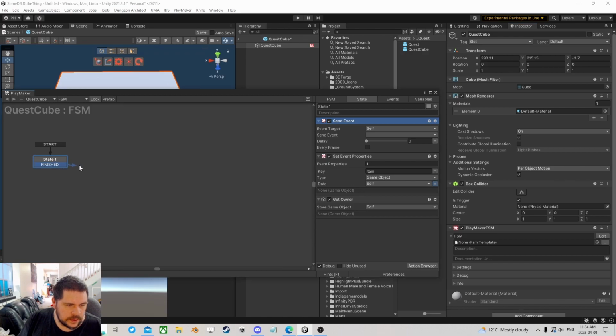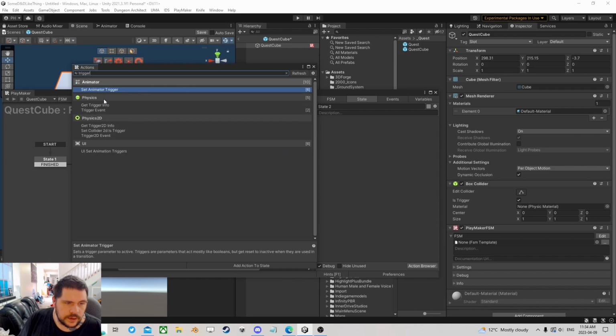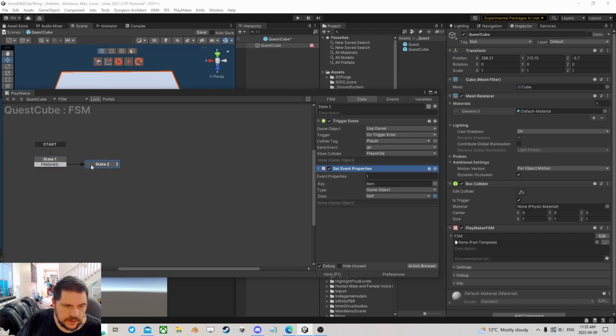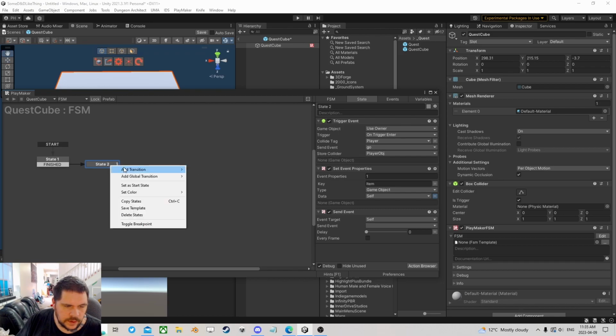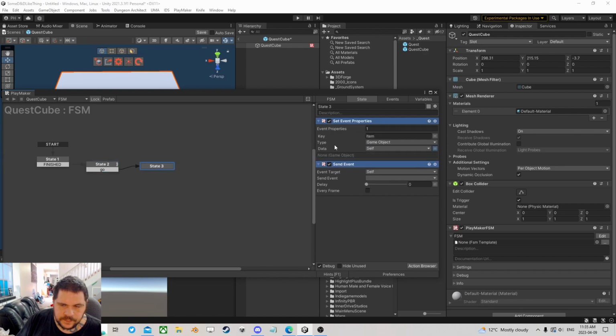So one of the other things we're going to need is a trigger event. So when we mark trigger with, say, the player, we're going to send an event. And this is the player object, and that's actually when we will set the event and send the event. So over here we get owner, and we're going to set game object